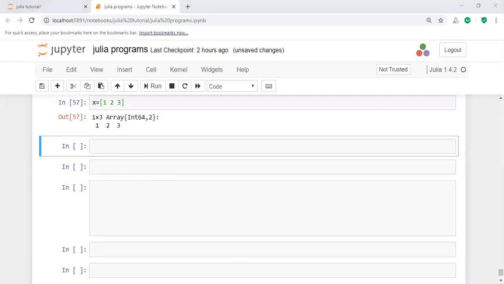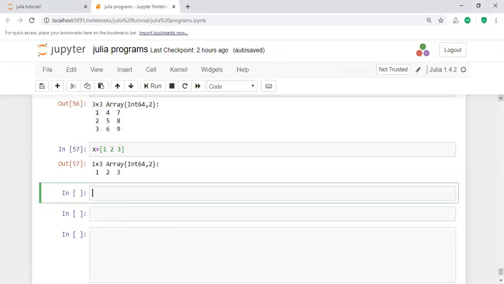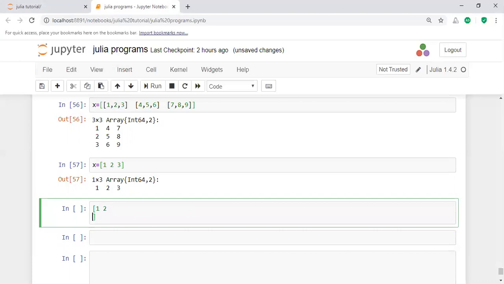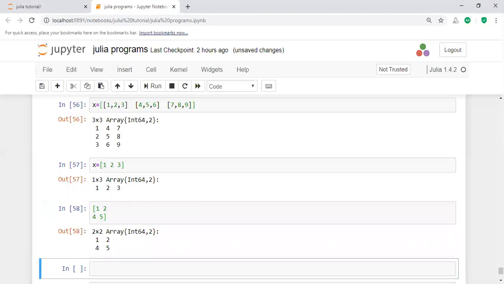In this way, you will perform the concatenation operations. Another important one here: the previous multi-dimensional array is represented in this way. Instead of representing a multi-dimensional array in this way, there is another methodology, which is continuation. For example, I am taking the array like this: 2 space 3, enter, 4 space 5, with the semicolon. If you execute this, it is a 2 by 2 matrix.